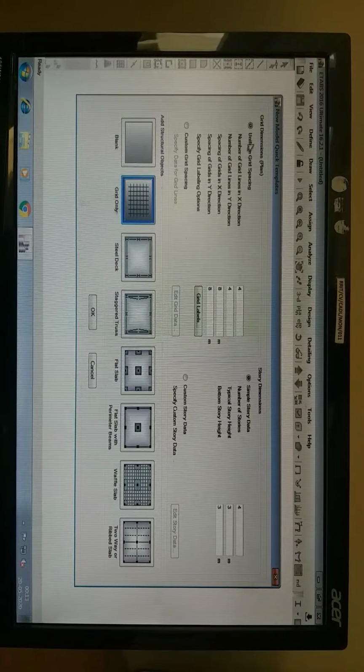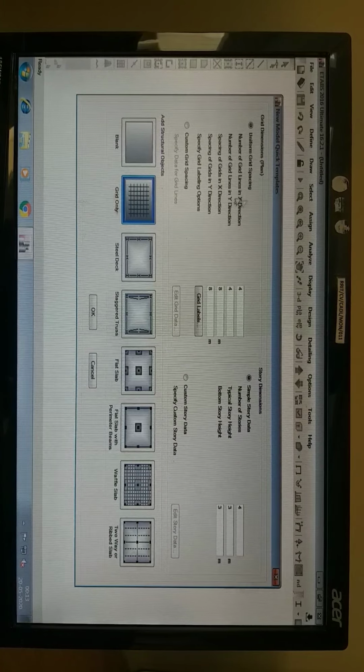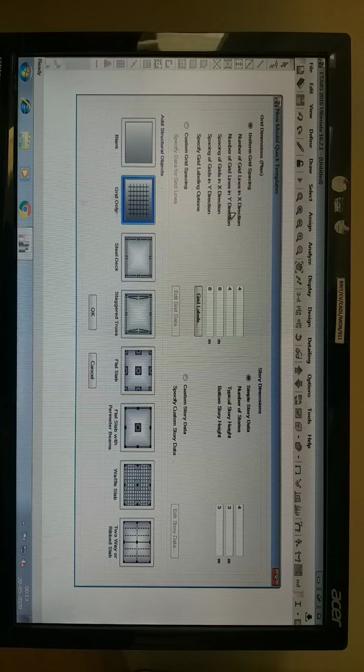Click on OK, and after clicking OK, the next block that opens is new model quick templates. Here we have grid dimensions, and uniform grid spacing. Under that we have the number of grid lines in X direction.